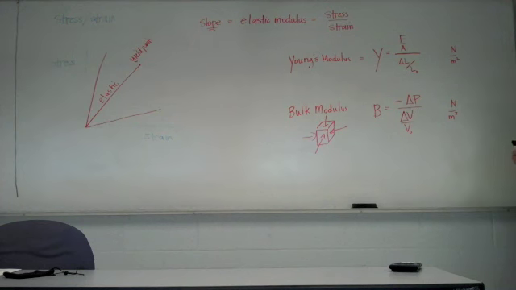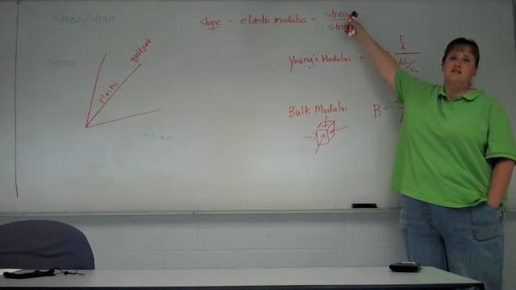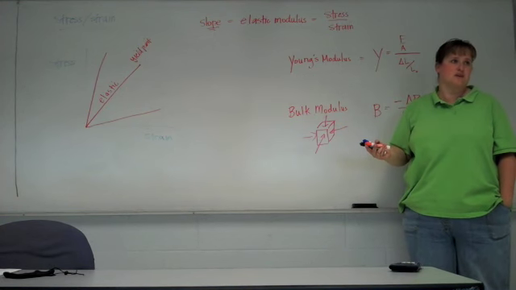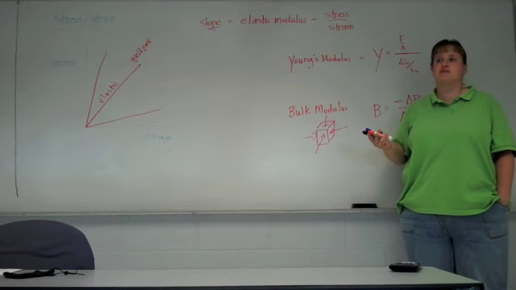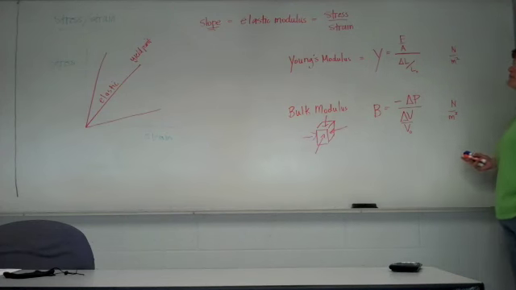Every material is going to have what we call a yield strength. Your book doesn't talk about yield strength, that I remember anyway. Yield strength is basically the maximum stress you can apply before you've permanently deformed your object. There's a certain maximum stress you can apply to a material before it's permanently deformed. And then the breaking point is the maximum stress to break your object.